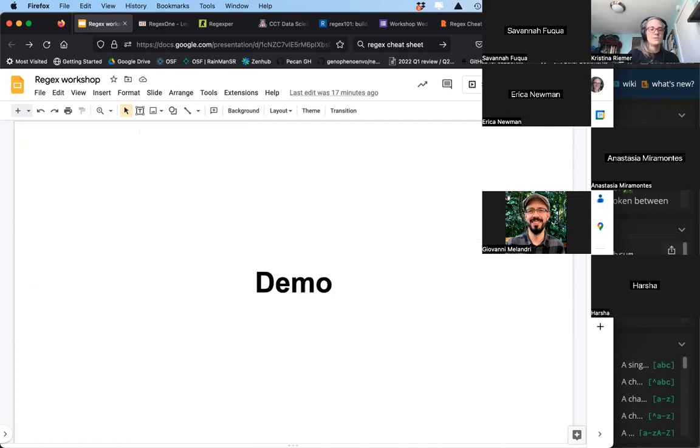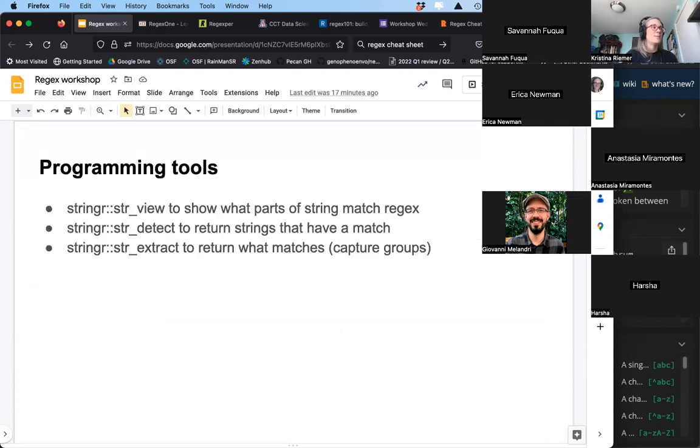But yeah, I wanted to go through a little demo. I guess in particular, Giovanni, this will probably be helpful for you. But basically a short little demo for how to use tools to do stuff with strings. And I'm using the R language in particular, so sorry for folks who are not familiar with R, but if you are familiar with programming or the command line, hopefully it'll be enough for you to learn a little bit from. And this will only take a few minutes, but in the R language, there's a package that is called stringr,